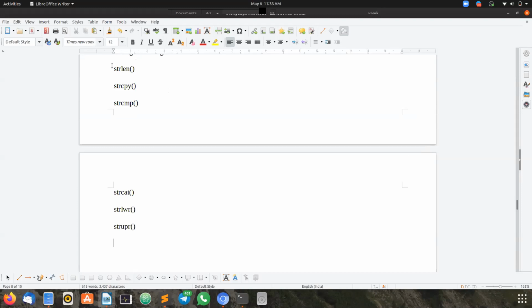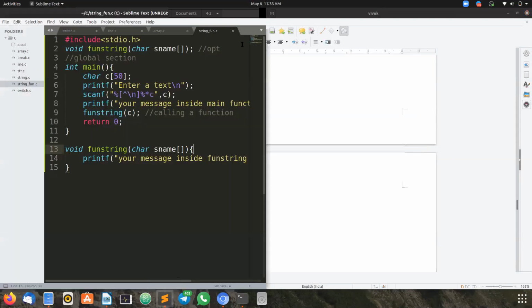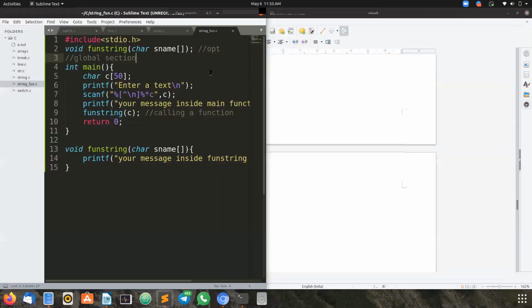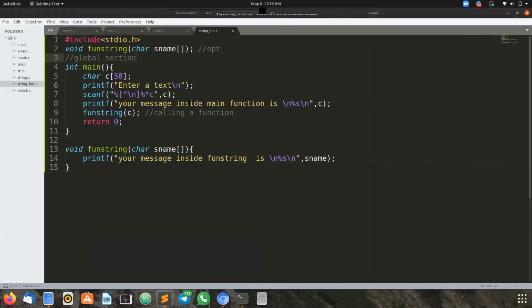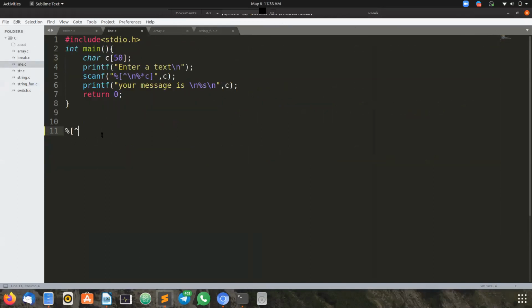Without implementing these functions, we can also write the program code for everything. For example, if I pass strlen of, okay, I will directly show you in the program code so that you will get more clarity. I just want to take this example, a simple code.